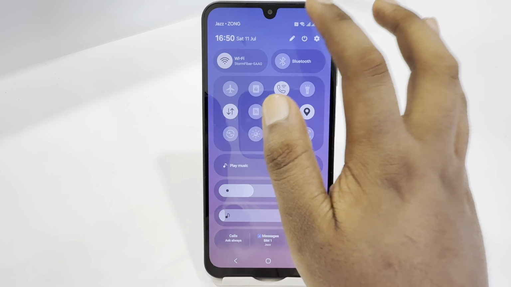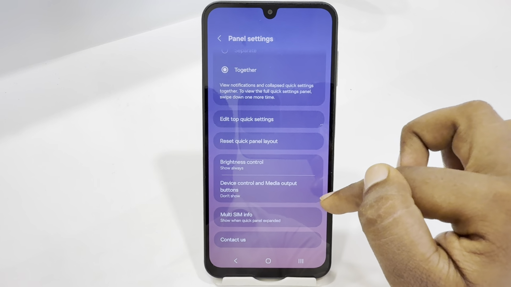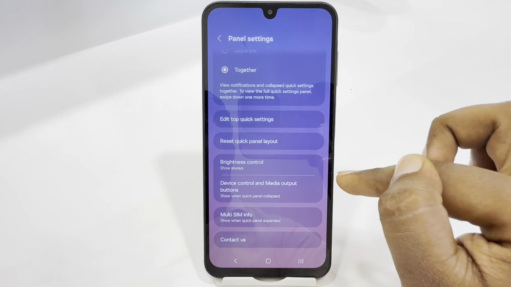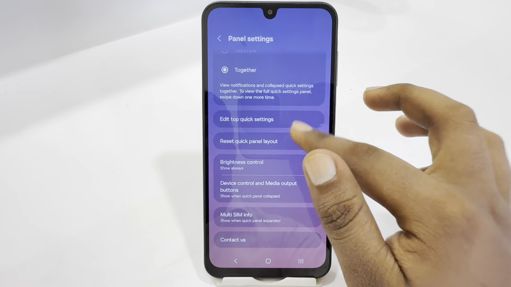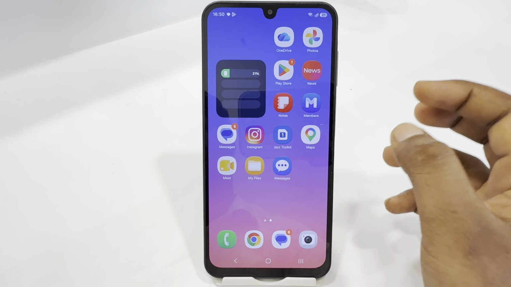Once you have selected Together in your panel settings, just scroll down. You might see device control and media output buttons. Click on it, then click on Show when panel collapsed. Once you have done that, just go back, click on this Done button, go back from here, and just scroll down